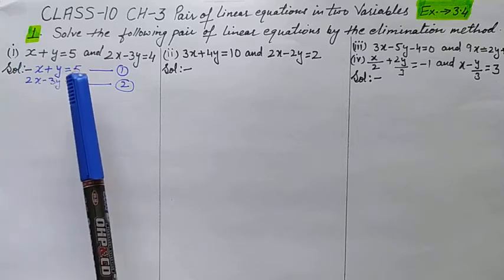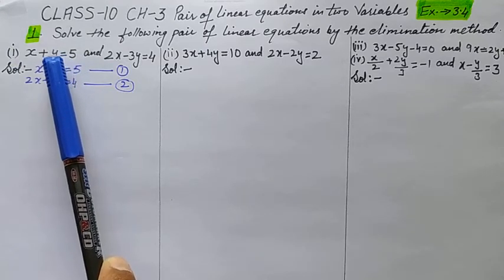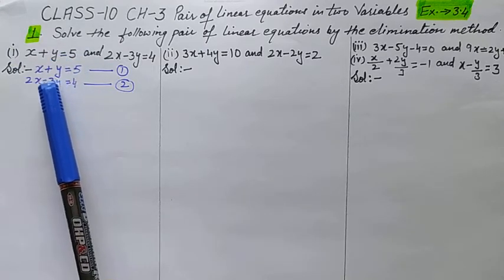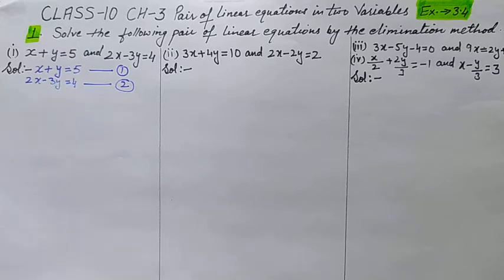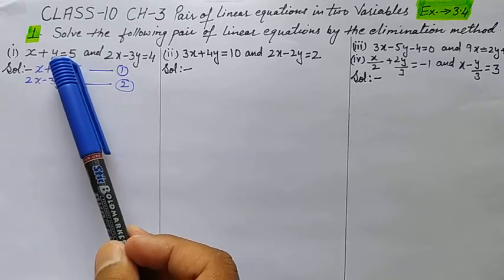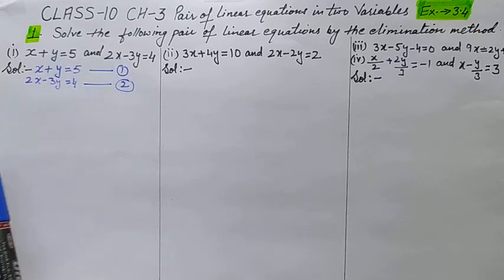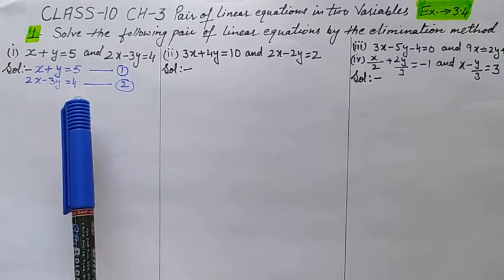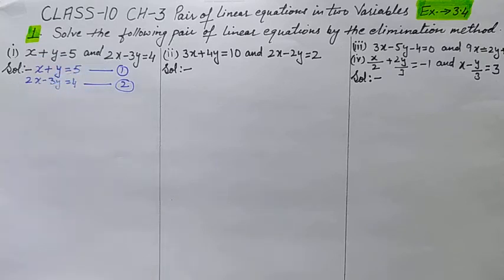And the other way is, if I multiply equation number 1 by 3, the coefficient of y will be 3y, and here it is minus 3y. We do not consider the signs, we just look at the numerical value, and the numerical value will be 3. So this can also be done. If I multiply the first equation by 2, we can do the question, and if I multiply equation 1 by 3, then also I can do the question. So anyway you can do it.